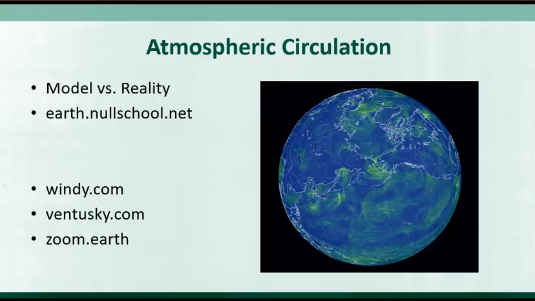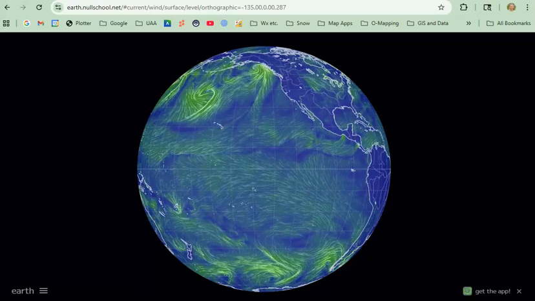Now, this is the model of how Earth's circulation is supposed to look. The reality can be a lot different than this. I'm going to show you a model that shows actual observations that are compiled in a website called Earth Nullschool, and then I'm also going to show you one called Ventusky as well. These websites take data from literally thousands and thousands of different weather recording stations, and then they model what the Earth's atmospheric circulation is actually doing. So let's go take a look first at Earth Nullschool, which is the one I like the most, I think,